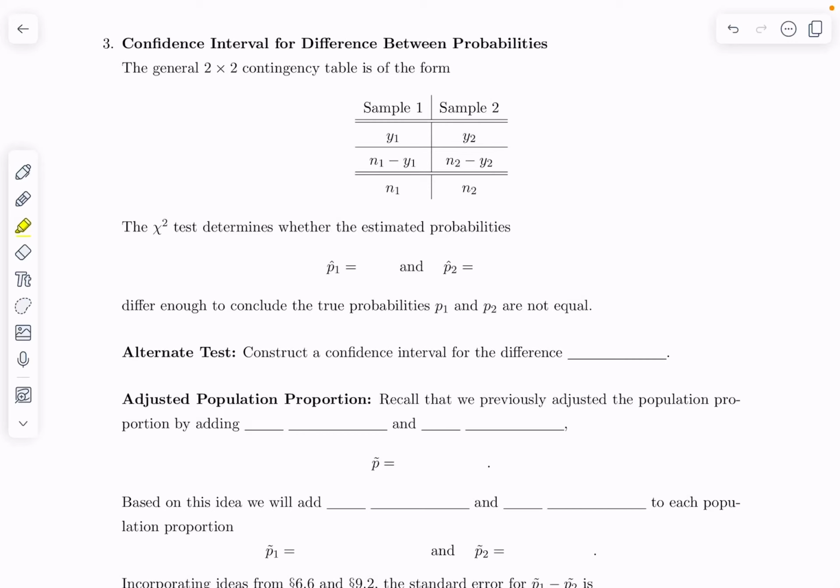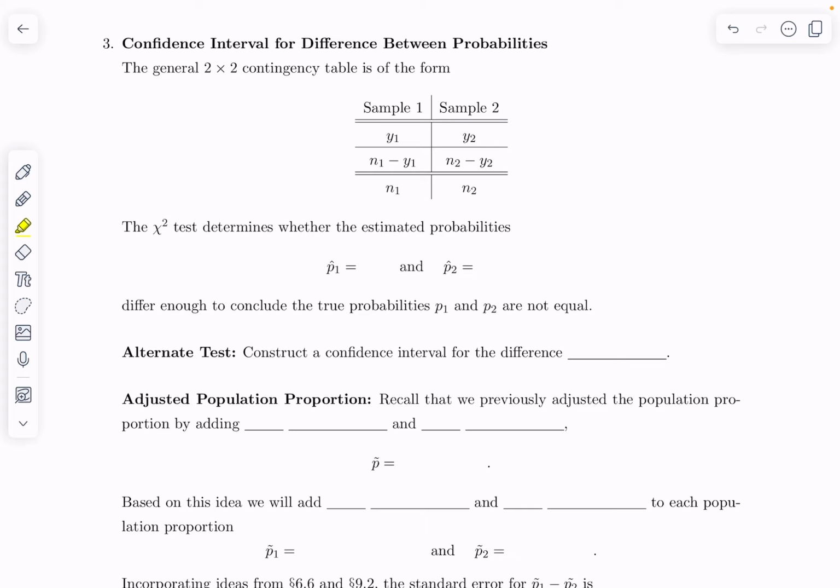Previously, we used a chi-squared test to indirectly test whether two population proportions were equal. Now I would like to propose a test in which we directly compare the two population proportions. So I want to start with a general 2 by 2 contingency table that has two samples, sample 1 and